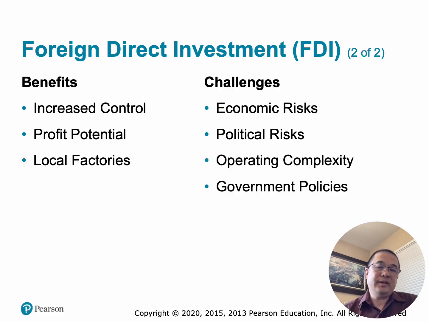So here's a real world example, Toyota Alabama plant. So you recently studied about the Mazda Toyota Alabama plant. Here are the benefits that Toyota receives. Greater control over production, avoids import tariffs, produces closer to U.S. customers, and keeps profits from the U.S. operations. However, the challenges that Toyota faces are large investment costs, U.S. labor regulations, economic downturn risk, and complex supply chain management.